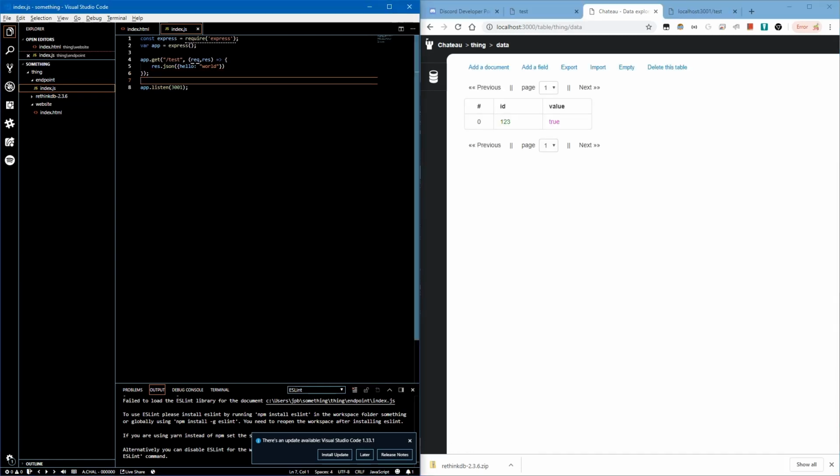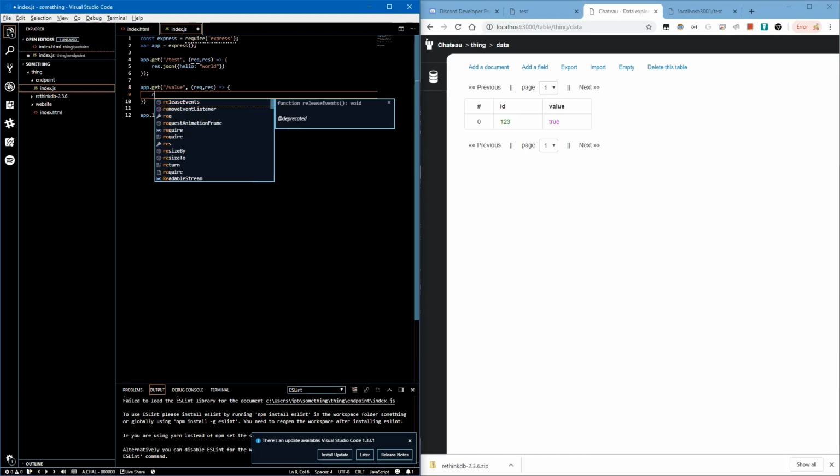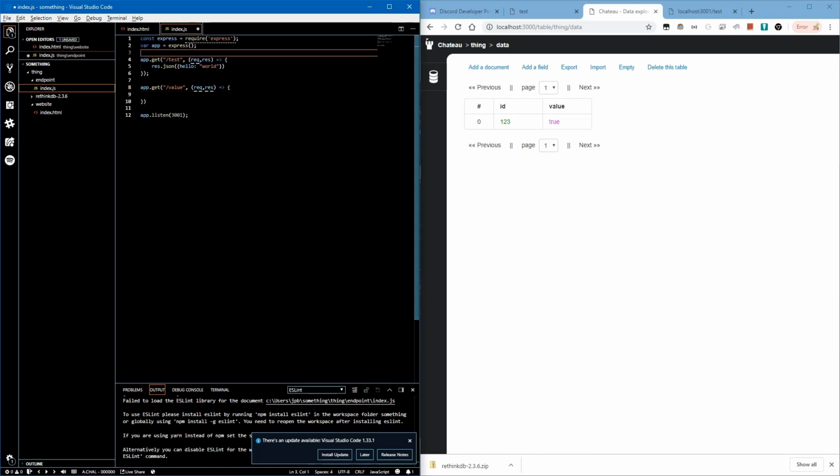What we need to do is say app.post, or actually we're gonna set up a get for this first. App.get value, request, result, and we're gonna do this in a query. We also need to set up our database. You can set up your SQL however you want. I'm gonna be doing